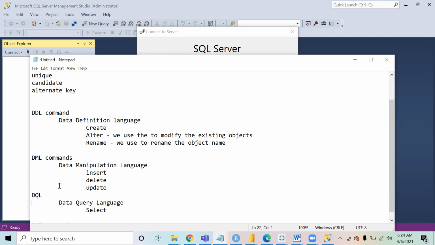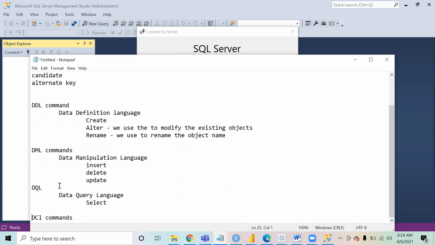So we have DDL, DML, DQL. Now select is something we use to fetch the data from the tables.